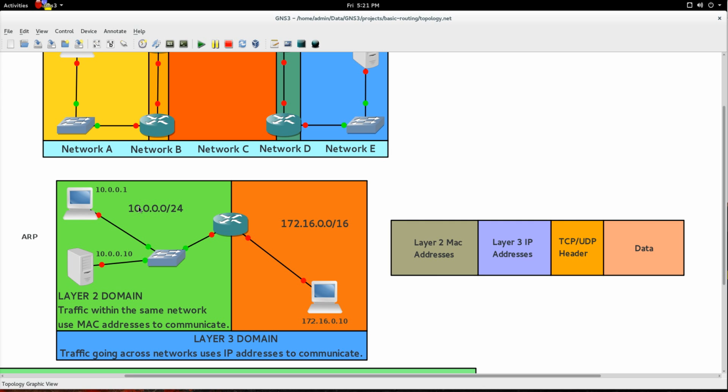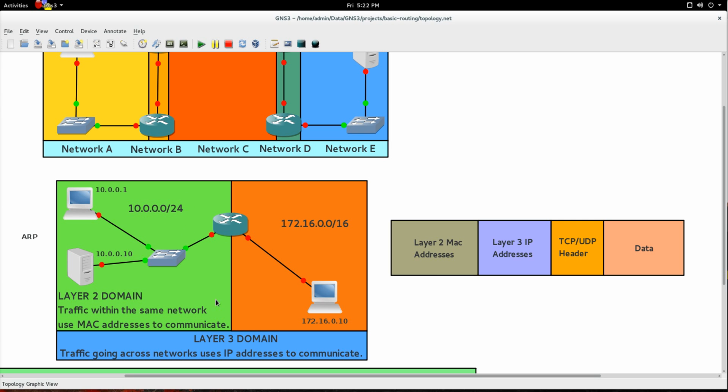So in this case, 10.0.0.1 wants to send out to the server there. If it doesn't know the address, it sends out an ARP request first. I'm not going to go through all the ARP stuff, but you should know that Address Resolution Protocol is how you resolve the IP address to the MAC address. So it would send out an ARP, and the ARP would say, who has the MAC address for 10.0.0.10, tell 10.0.0.1. If you capture with Wireshark, you can see that's pretty much what the packet says for ARP. It says, like I said, who has 10.0.0.10, tell 10.0.0.1. So Wireshark is good to look at for this kind of stuff, but like I said,